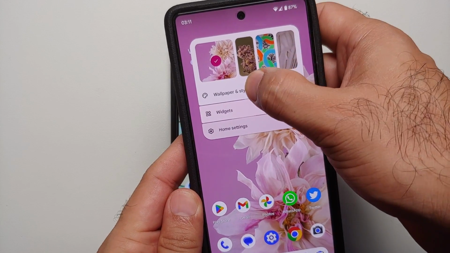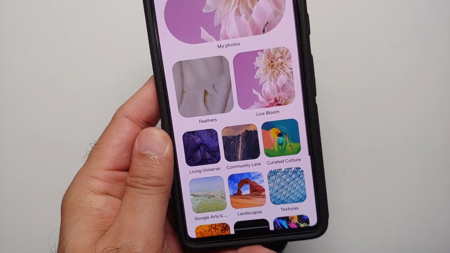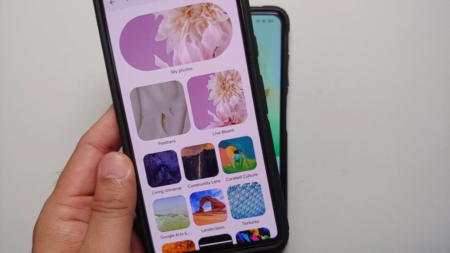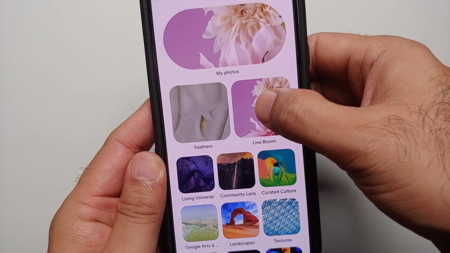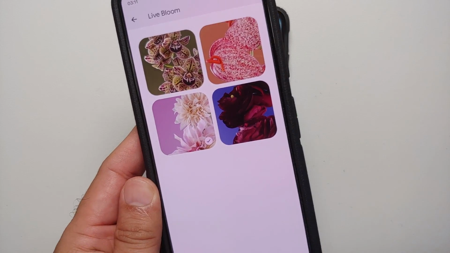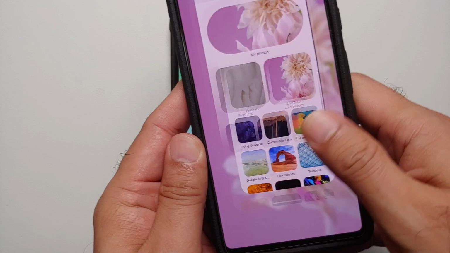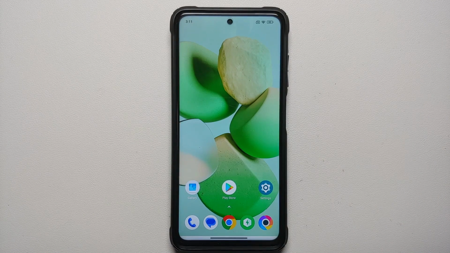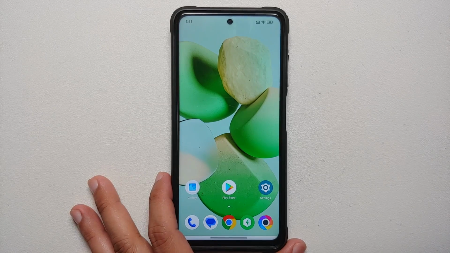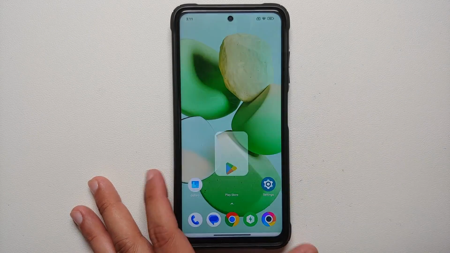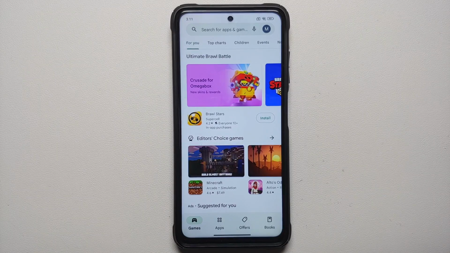And with the December drop of the Google Pixel software update, Google decided to add 4 new Bloom Live wallpapers for the Pixel series. Now, how do you get these new Pixel 7 Bloom Live wallpapers on your Android device? First of all, all the applications which we're using in this video are linked in the description of